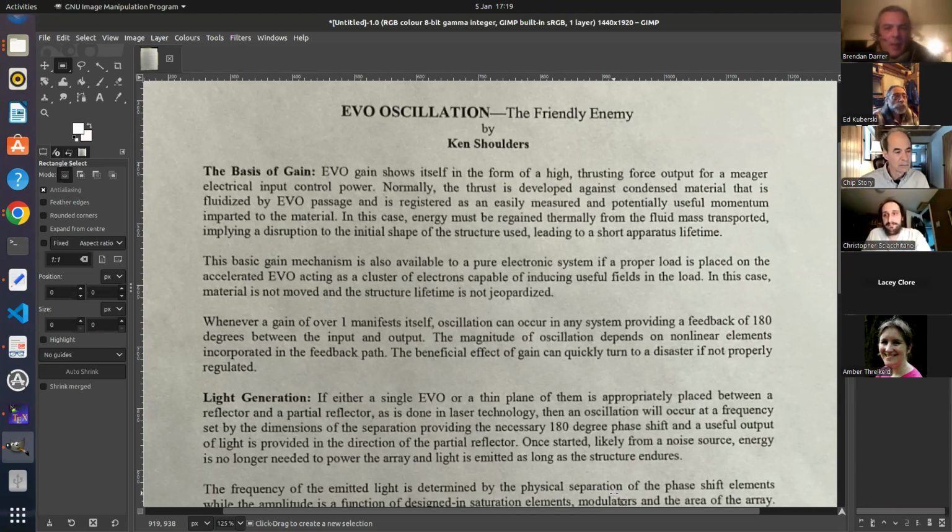We're going to go through, this is Ken Shoulders number six, and we're going to go through a couple papers Brendan's going to read to us. One of them is called EVO Oscillations, The Friendly Enemy, written by Ken Shoulders. And the other one is pretty interesting. It's UFOs and EVOs, so how they relate to each other, again by Ken Shoulders, and there's a trademark of